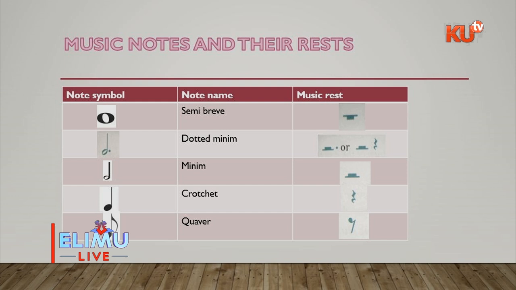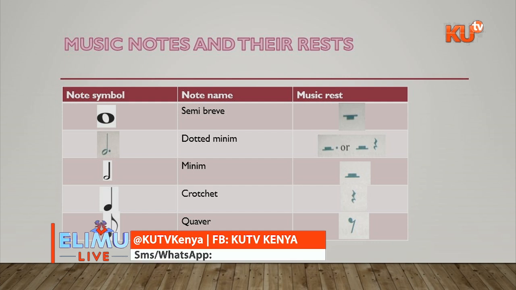Number 4, we have our quiver, our note which is called the quiver, and the quiver is represented by a rest which looks almost like numeral number 7. Then lastly, we have a dotted minim with its rest. The rest is also dotted,